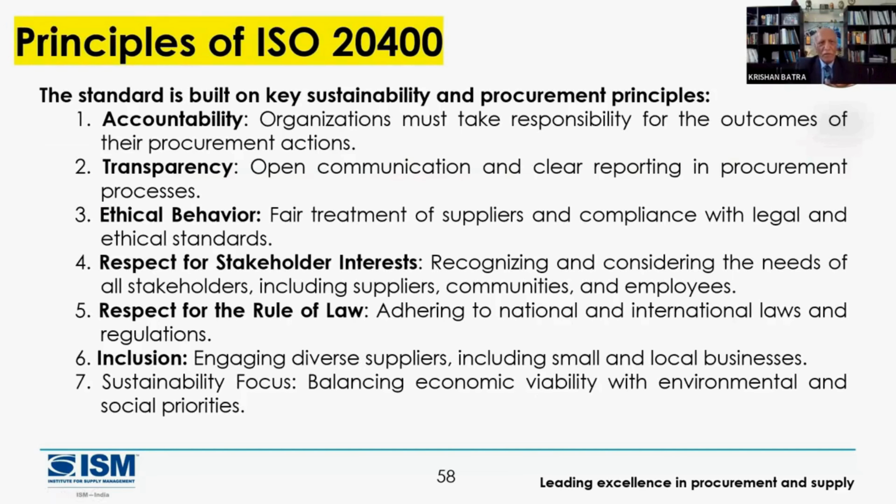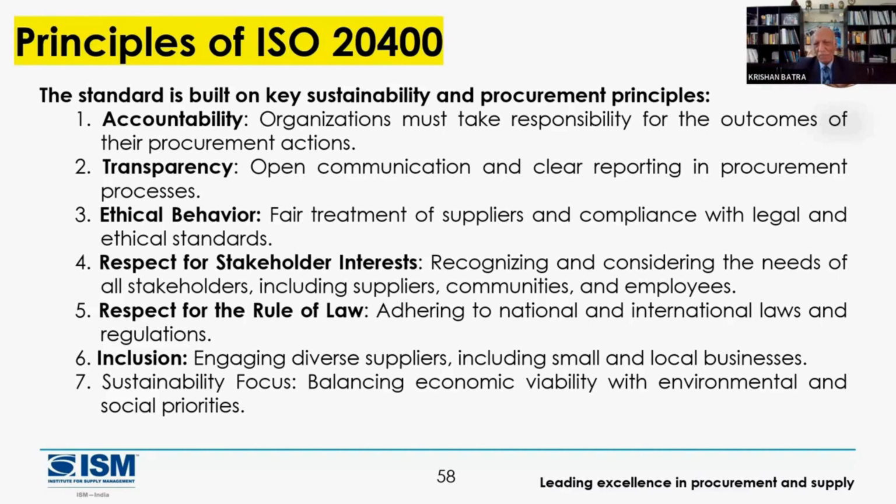Now, the principles of 20,400, I think we have covered to some extent. Very first one, the accountability part, I showed you. Second, the transparency part. You have to talk around whether we have transparency, open communication. All people involved at the senior levels and stakeholder levels should be able to communicate on this topic. And if somebody has a grievance, they should also be able to raise their voice: guys, we are not happy with this selection, we are ignoring sustainability, or whatever it may be. So transparent. And you should have some people who are committed to sustainability.